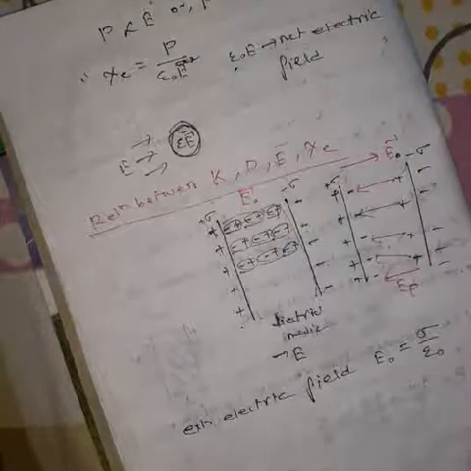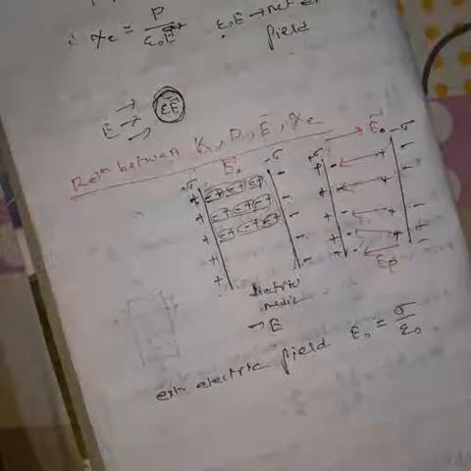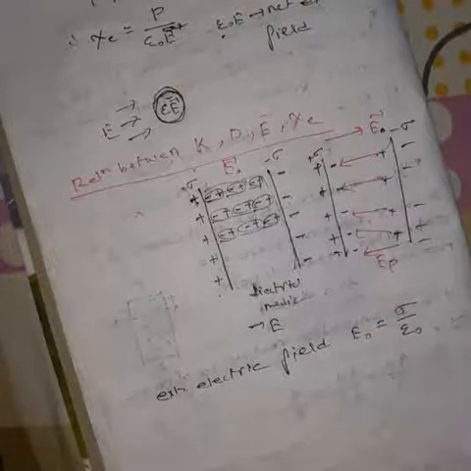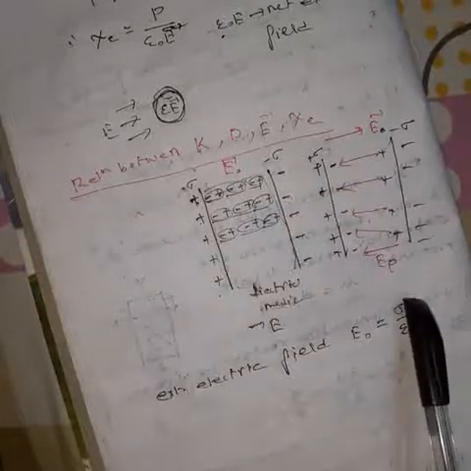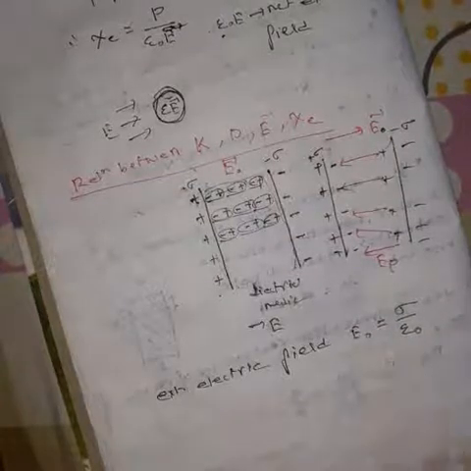For this you have to go back to the idea of your class 11, where you have calculated the electric field due to a thin sheet of paper. If I have, in two-dimensional paper, the charge distribution in one plate, if it is having one surface, then it is sigma by epsilon naught. If it is having two surfaces, then we have sigma by 2 epsilon 0, something like that we have done by taking the Gaussian surface and all. Please go back to your class 11 idea and you can directly put this. Okay, now